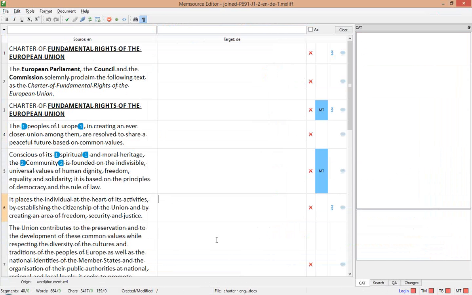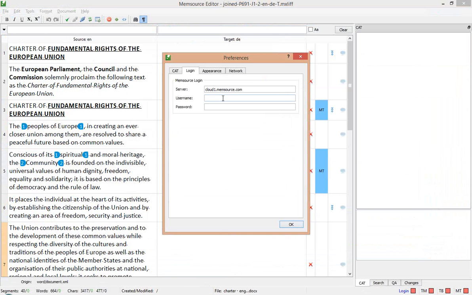The important thing is to get connected, of course, because without that, you will not be able to see any results from the translation memories and term bases, and your translations will not be saved on the server. So you are offline now, and you have no connection to the project. In order to get connected, you need to use your username and password,